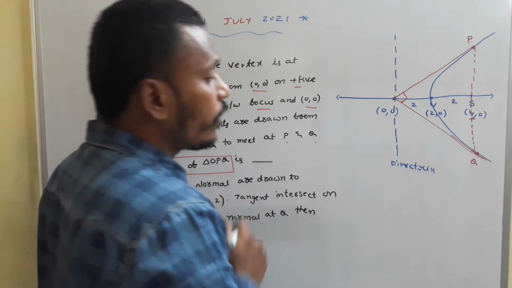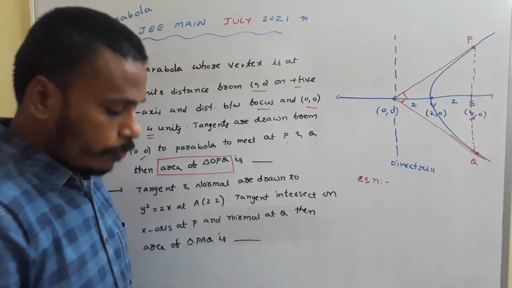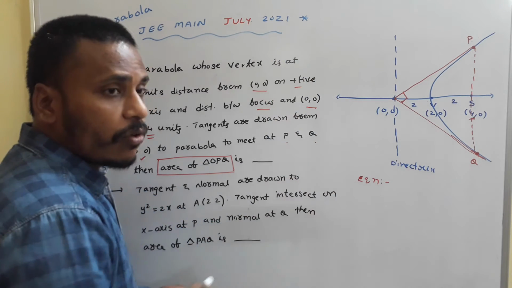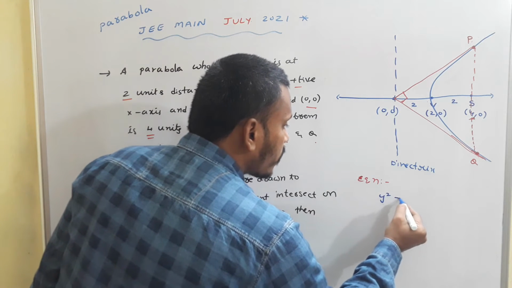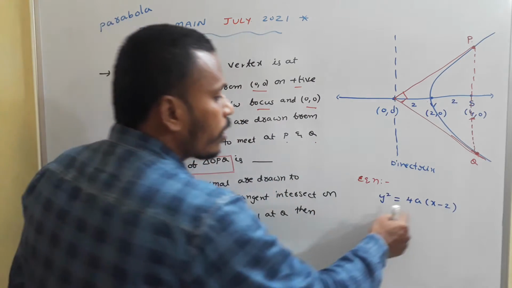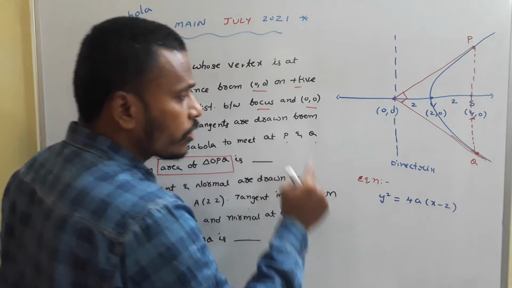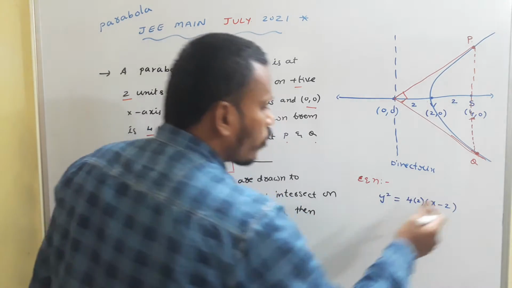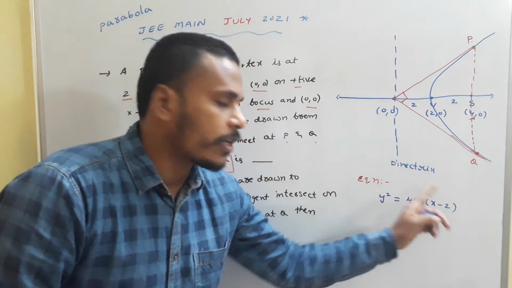So for that, first of all, we need to write the parabola equation. From this, what is the equation of parabola? Vertex is 2, 0 and the parabola is rightward. So it is of the form y square is equals to 4ax. So y square is equals to 4a into x minus 2. And what we say about this 4a? Usually distance from vertex to focus is a, so that is 2. So here we need to replace a also with 2. So this is the equation of parabola as per the given information. Y square is equals to 4 into 2 into x minus 2.